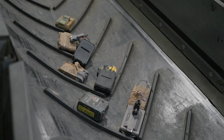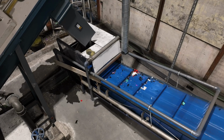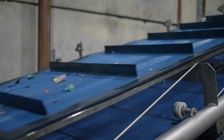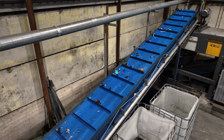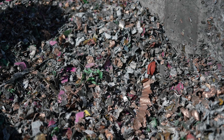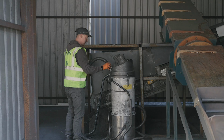They will then go into our aqueous shredder. That is a pre-break shredder, so it effectively pierces and destroys the batteries, which will obviously cause them to short and render them effectively safe. They will then go from there onto a water conveyor, which then goes to a secondary shred, which will shred it a little bit more finely. The idea behind that is to obviously liberate some of the high value powders inside these things